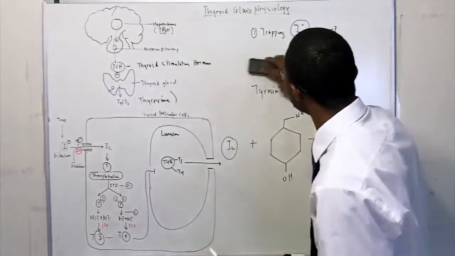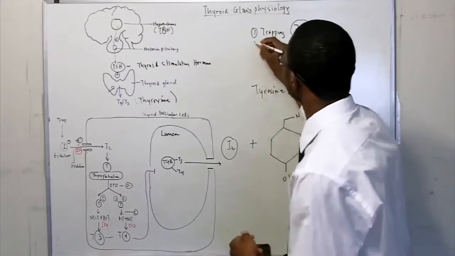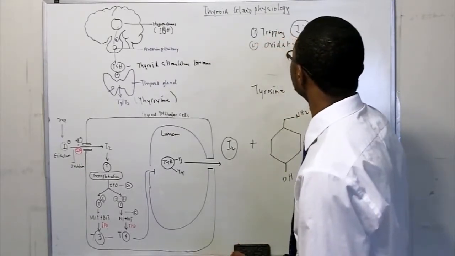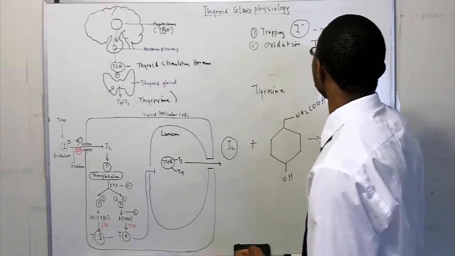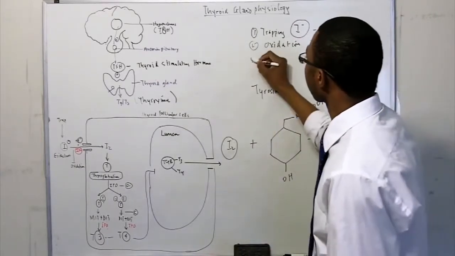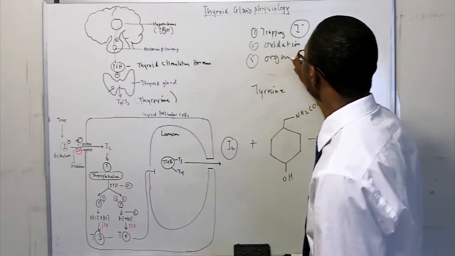So let's keep the steps straight. We pumped iodine in by trapping. The second step is the oxidation reaction. We got two I minuses to get an I2, right? And now we're going to